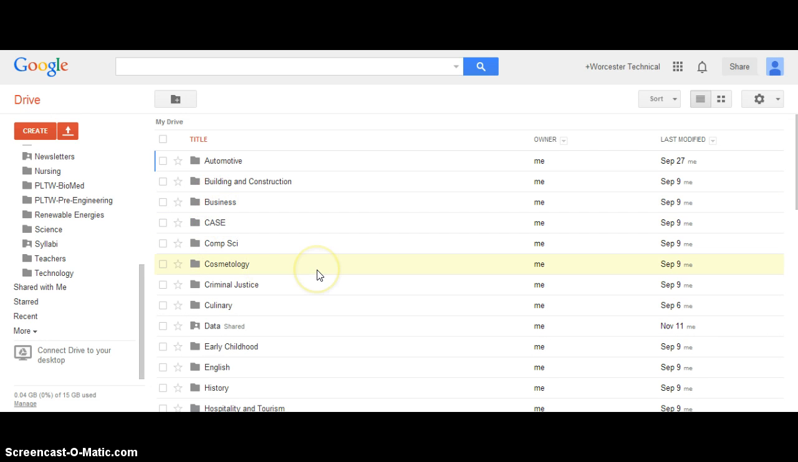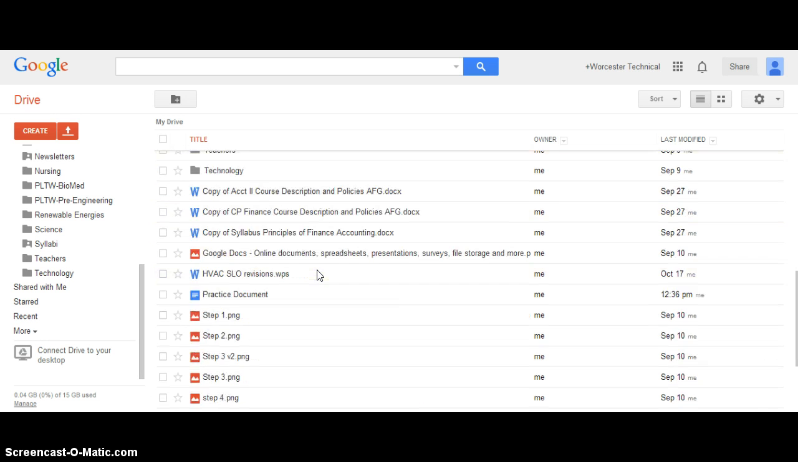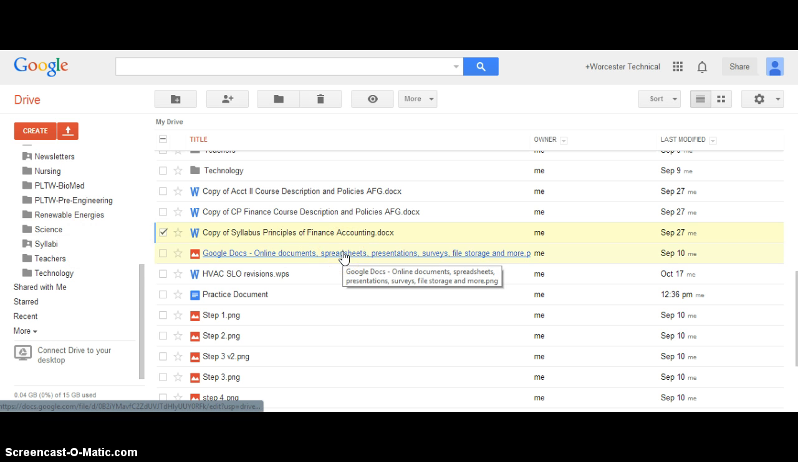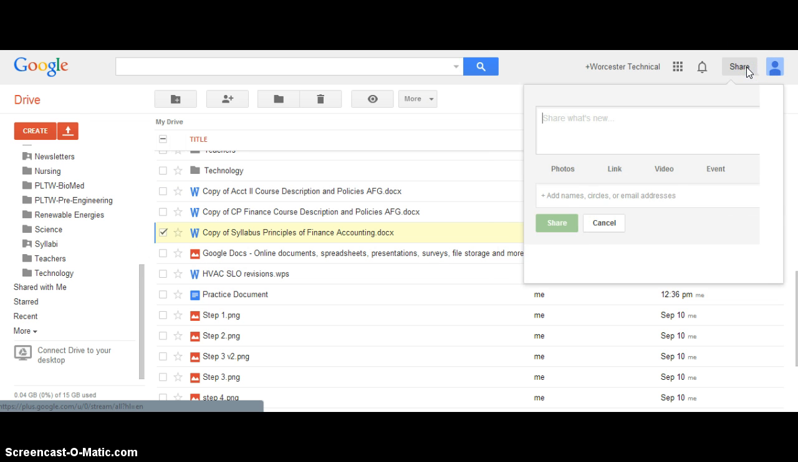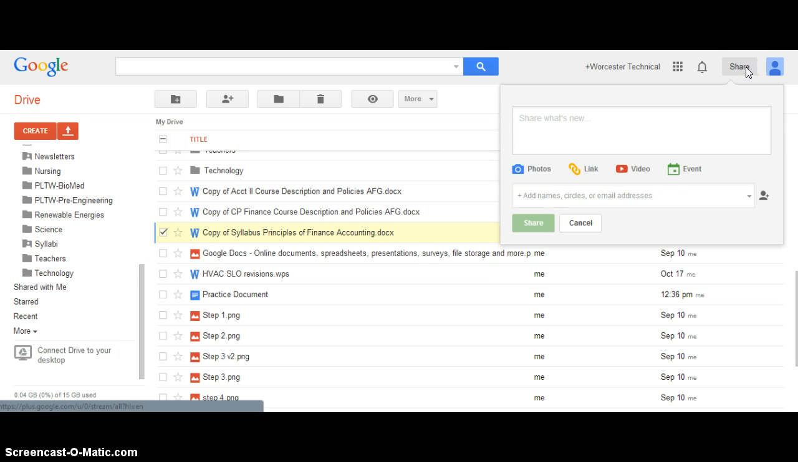So one of the last things that I wanted to show you is the act of sharing documents. So let's say we have this online document here: Copy of syllabus for the principles of financing and accounting. Let's say I wanted to share this document with somebody. So what I would do is put a little check mark next to it and come up here where it says share. I'd click that, opens it up, and